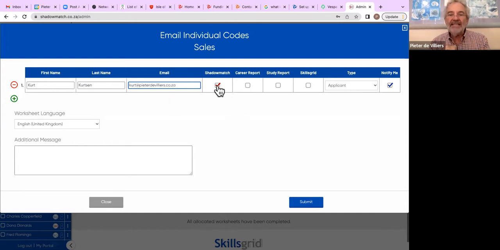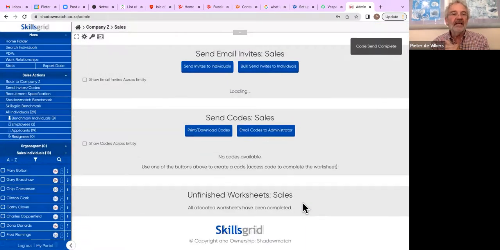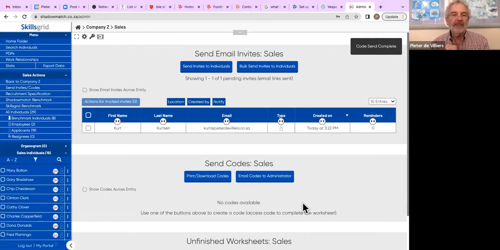I'm going to unselect the Shadow Match worksheet, not select career report, not select the study report, because these are the reports that we can attach if we do Shadow Match. I'm going to ask the person just to do the Skillsgrid worksheet, and we send the email to that individual. Now the system says, good, great, Kurt Kurtzen has got an email that was sent to